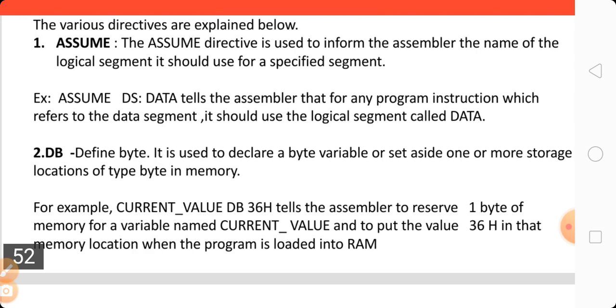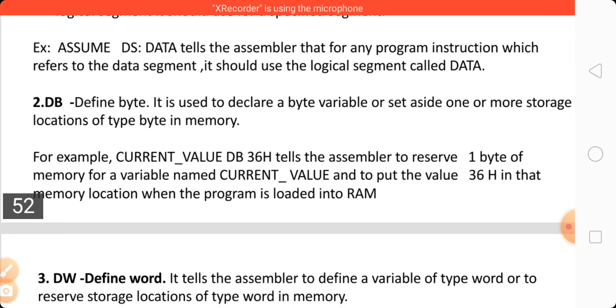So the DB directive is generally used for a variable or memory location to reserve a byte of space to store a specific value. The previous example shows how the variable stores its value in the data segment of memory.